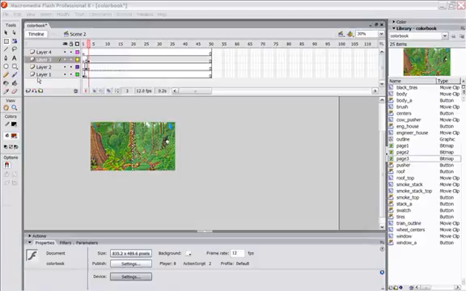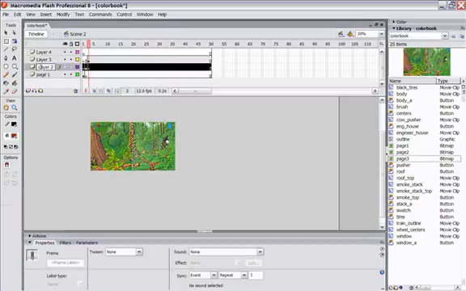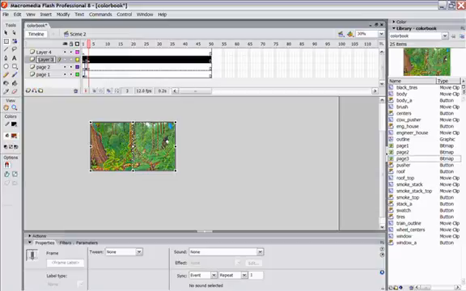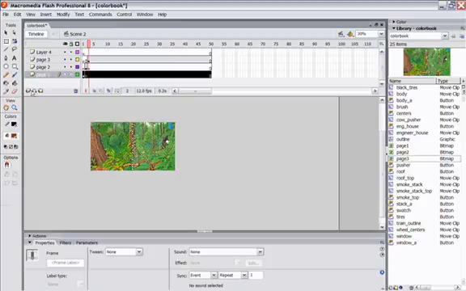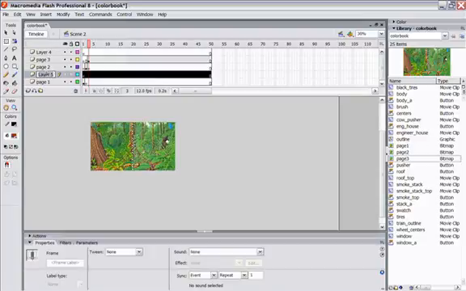Okay, so one of the things we want to do is change this so that I know that this is page 1. This is page 2. Let's get rid of all this. And this is page 3. The next thing I want to do now is add a layer right above page 1. I'm going to make this page 1